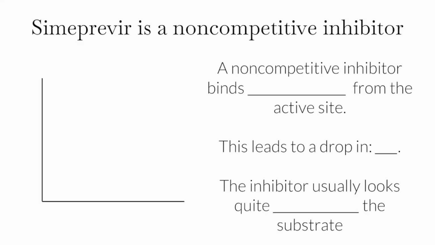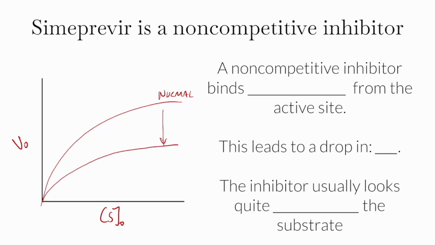And what this does is it has a different effect on the Michaelis-Menten curve. This is S naught here. This is V naught here. Here's our normal curve. And what you're going to see is a curve that looks something like this. So a non-competitive inhibitor binds away from the active site. This leads to a drop in Vmax. And the reason that you don't see a change in Km, you see a change in Vmax, is